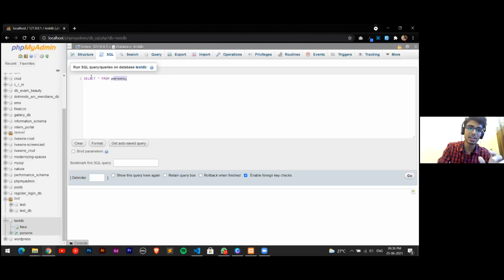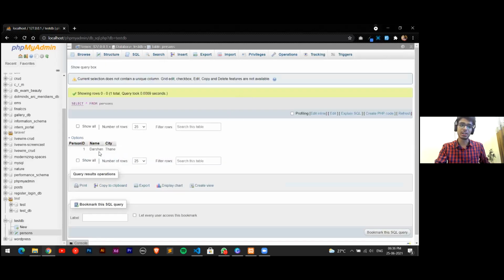Here we can differentiate it easily, but while writing in the code, that is in PHP, we need to write this so that we can differentiate at least that these are the table names or the column names and this is the query which we are performing. Okay, so I'll perform this query for you. What will happen is all the rows will be gathered for me. Currently I just have one row over here. So as you can see here, the person ID, name and city has been displayed for me, as the star.